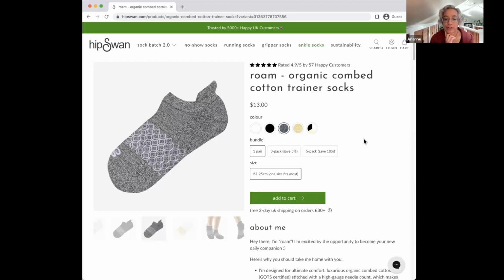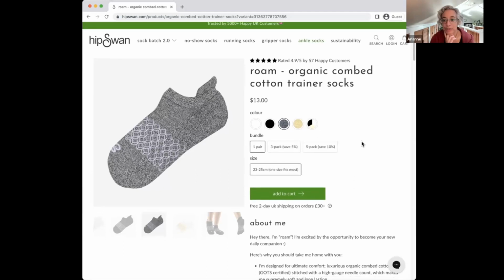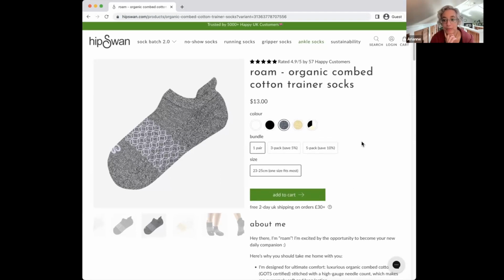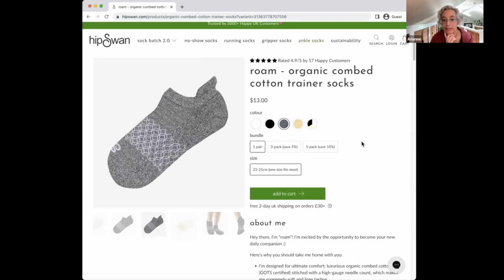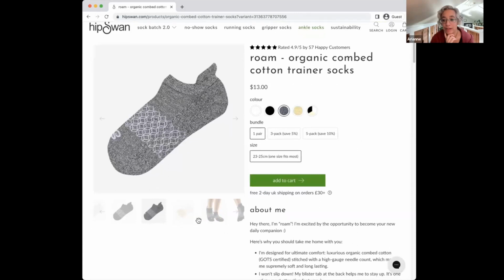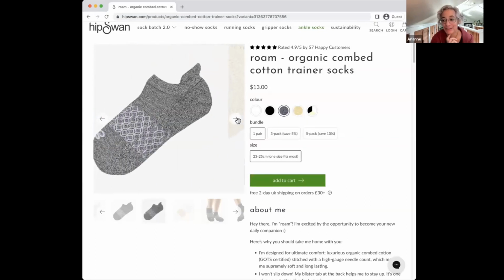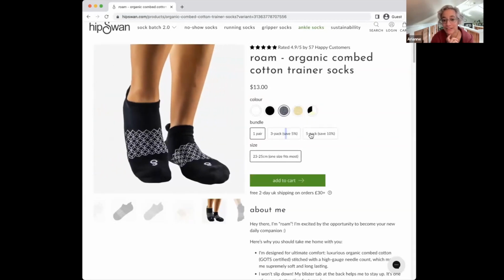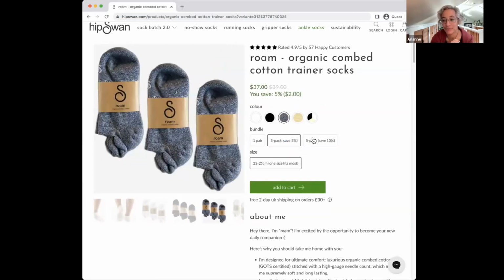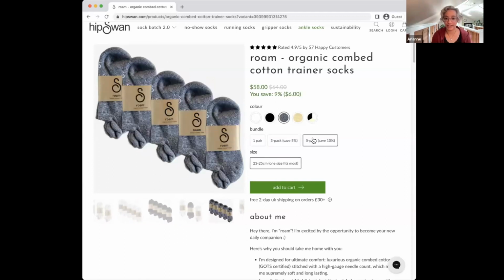I wonder if your customers are runners. I would imagine runners get through their socks pretty frequently. Would it make sense to have sock subscriptions, and you could recommend how often a runner needs to replace the socks? Because when I started running, I started Googling how often to replace your shoes, and I was shocked by how quickly a pair of running shoes needs to be replaced. You might do a little customer education about how often you need to replace your socks if you're doing something athletic, so they're still providing that cushioning and all of that.